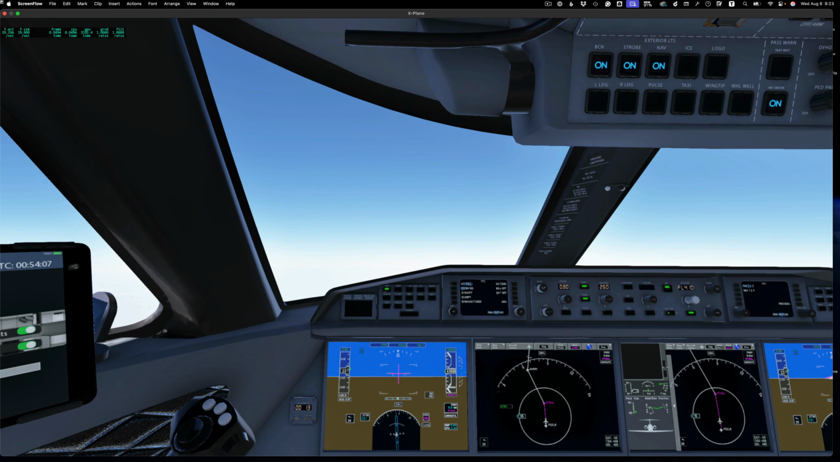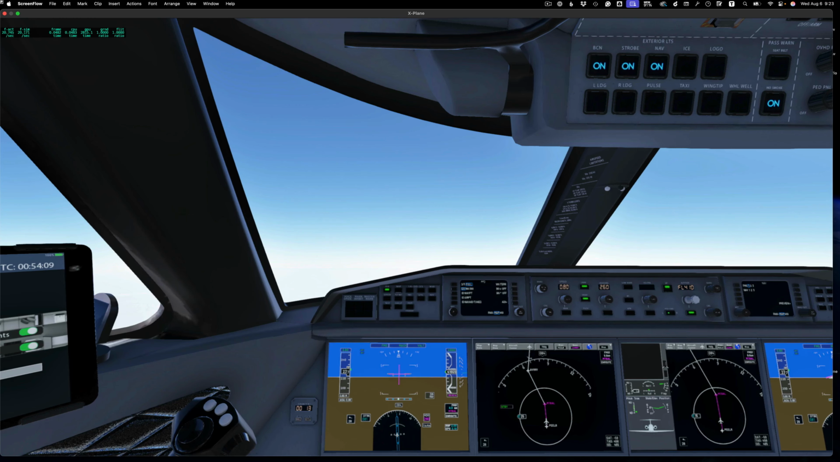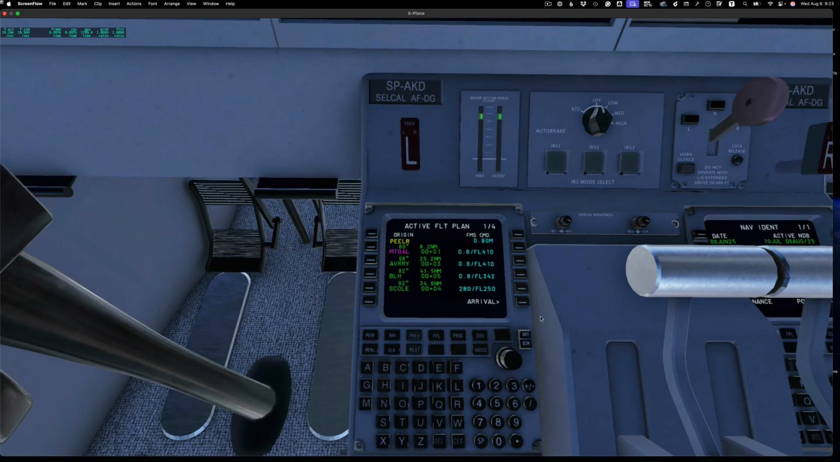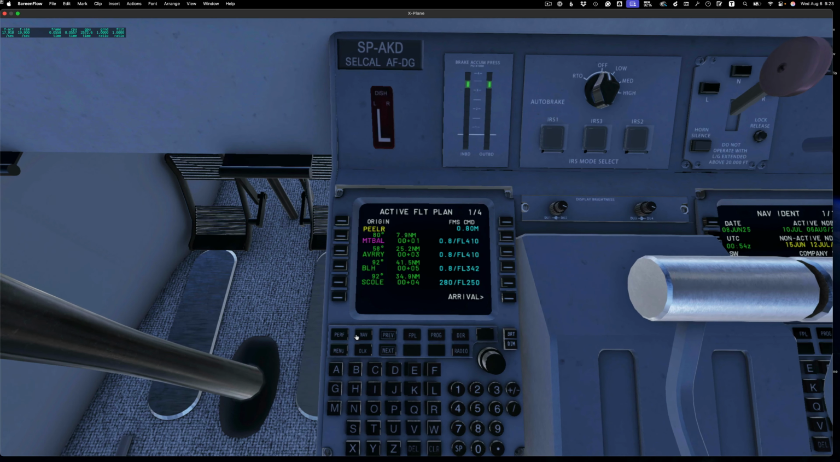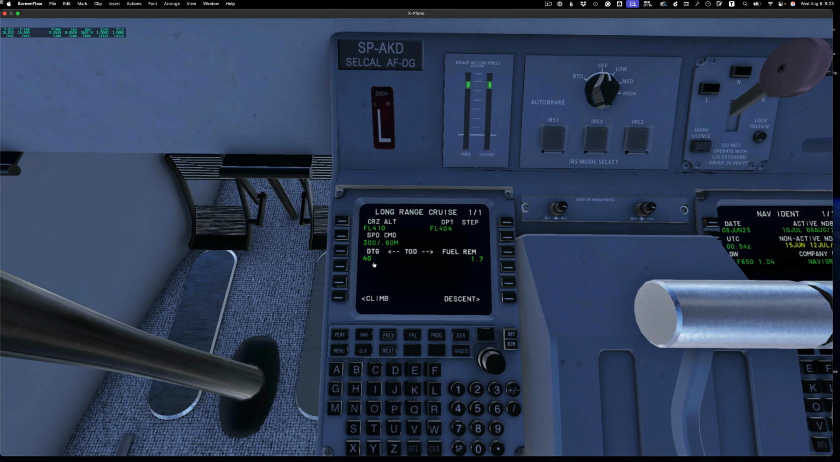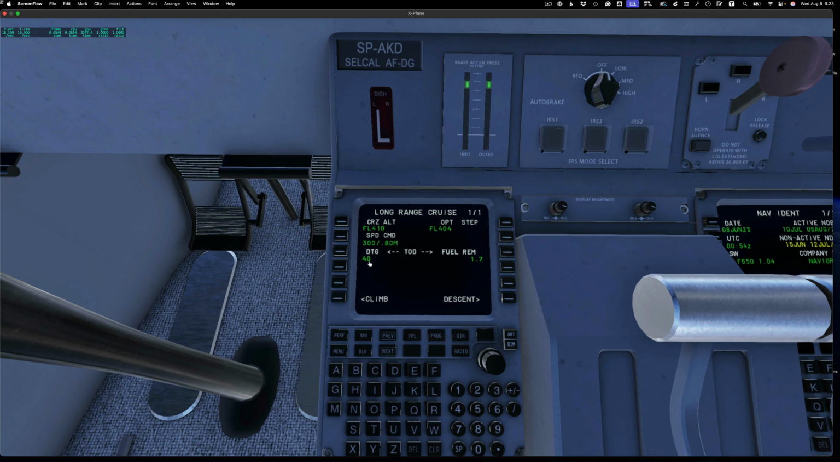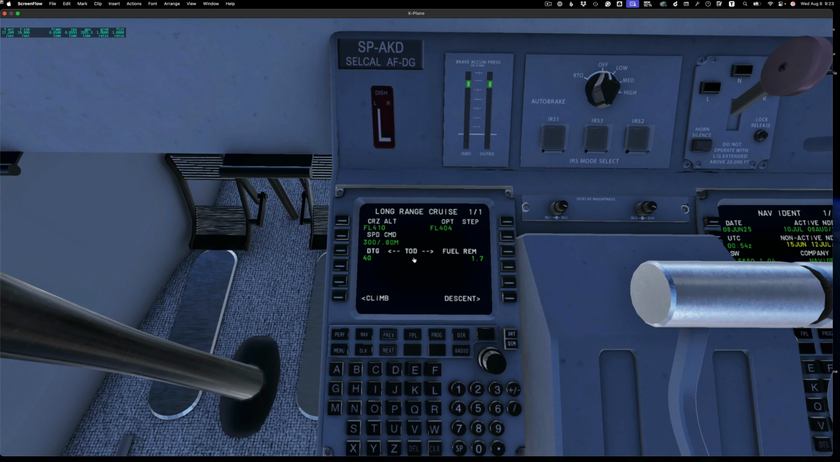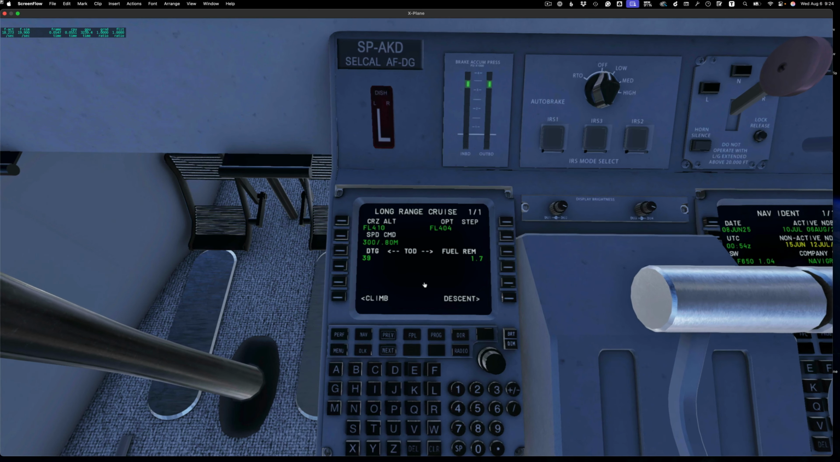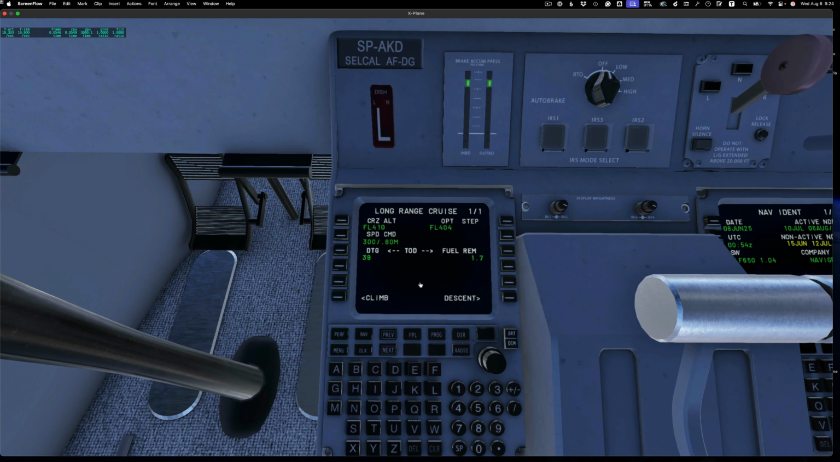Just over the edge of the Salton Sea. And not much to do except check our top of descent. So down here, go to performance and to cruise. And we have 41 miles to top of descent. Doesn't seem like very far, but